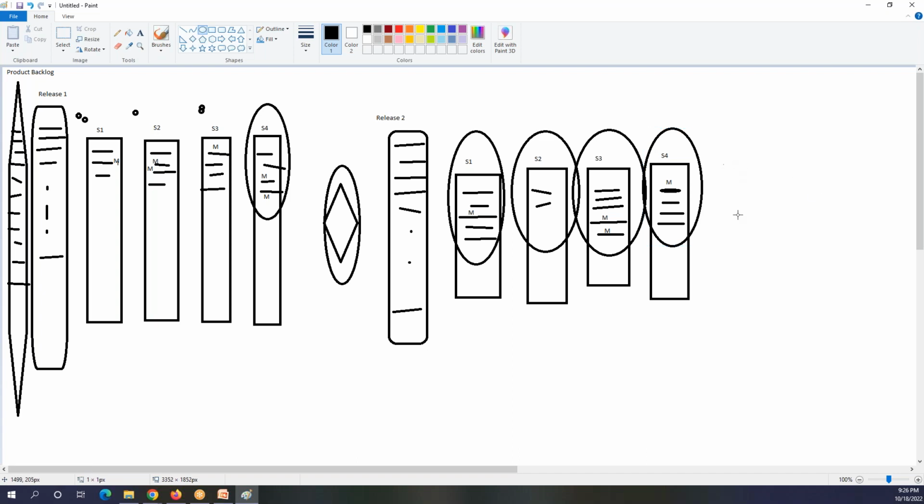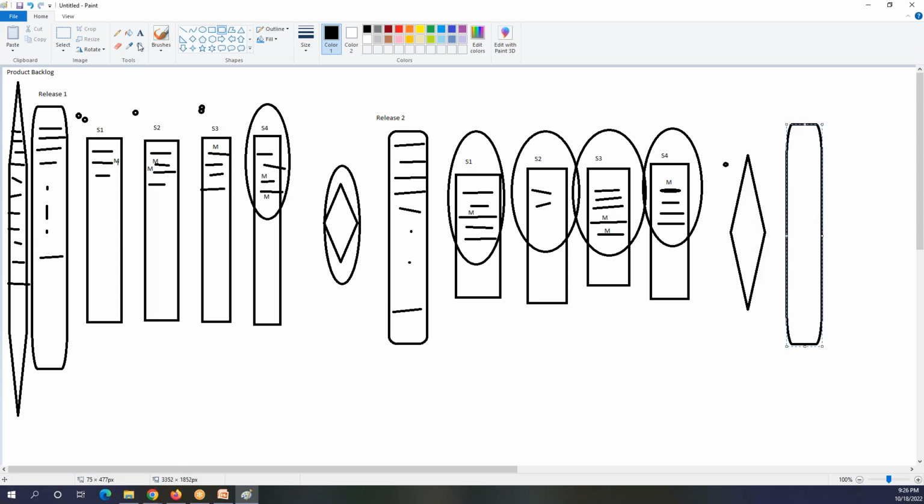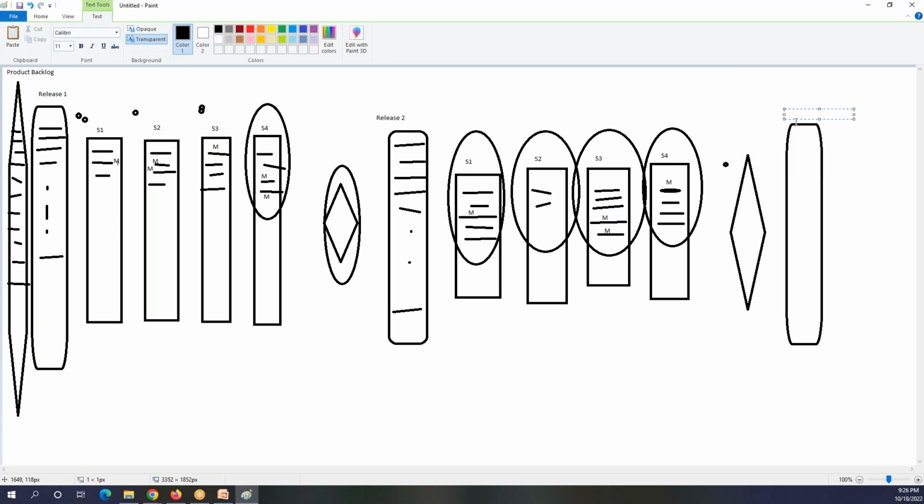Okay. So now after this is our release. We do the release here. And after this release, it goes the same, like it was before with release 1 and 2. I'm not going to do release 3 here because it's going to take time.